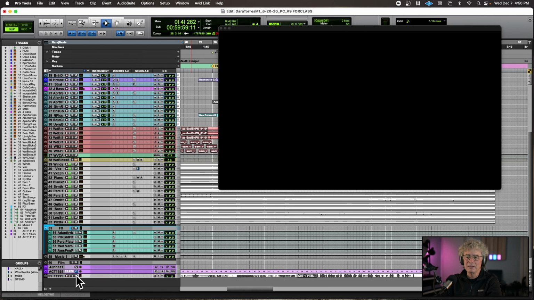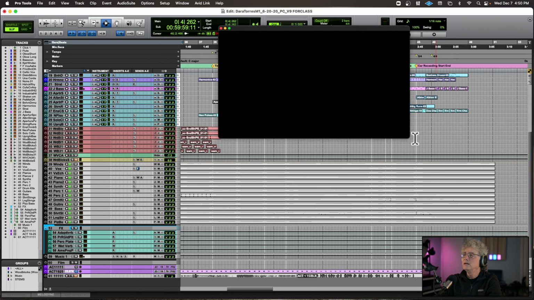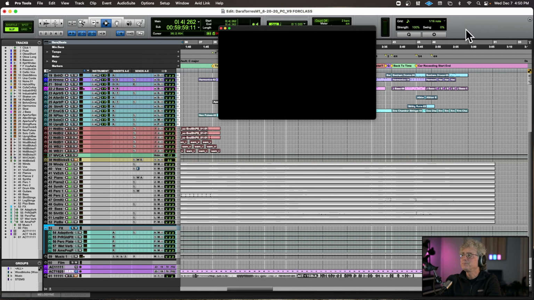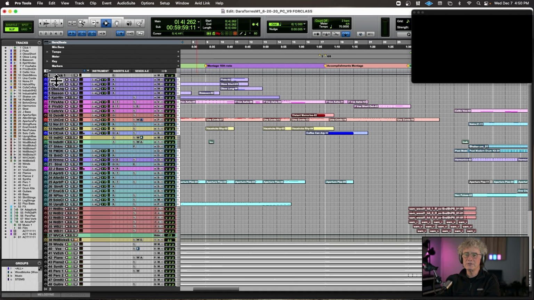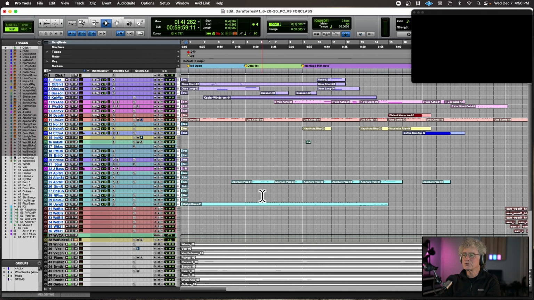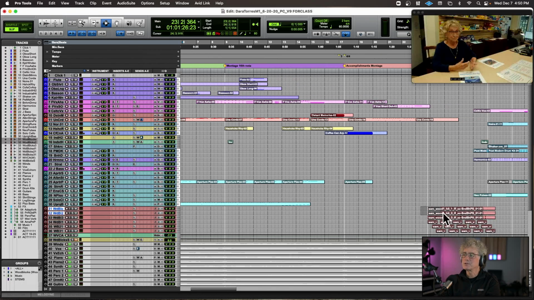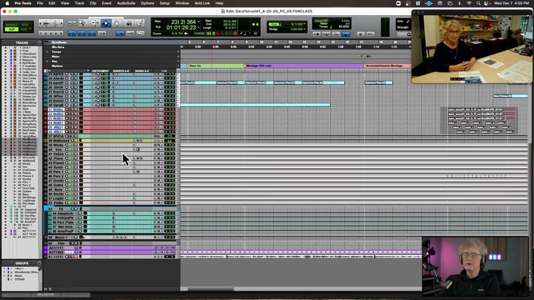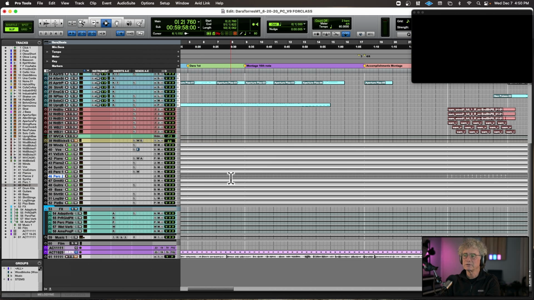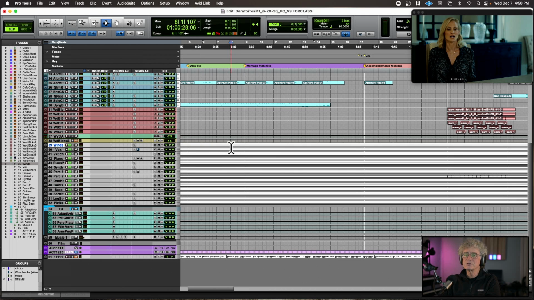So what I'm going to do is mute the dialogue for right now, and reduce the size of this. All right, if we look up here, these colorful tracks from here down to here, those are my working tracks. They're mostly MIDI. There's some audio tracks over here, which I'll explain later. And these tracks that have no color are the stems that I mixed down to, and I'll explain that in a minute.